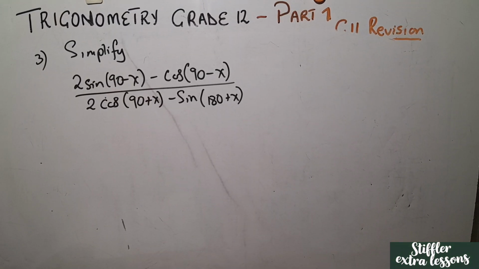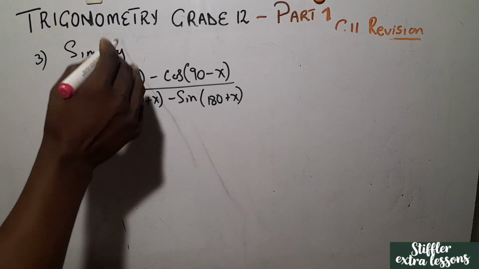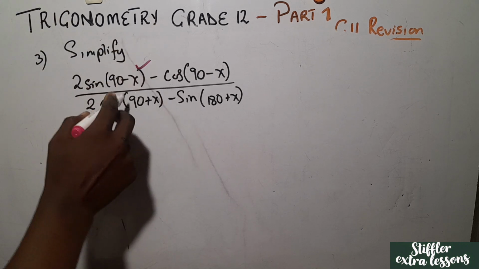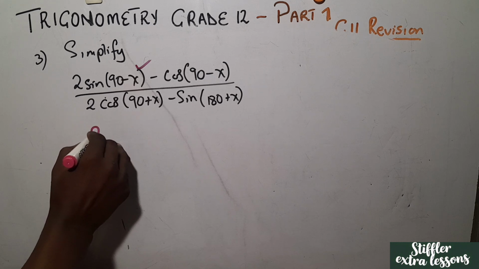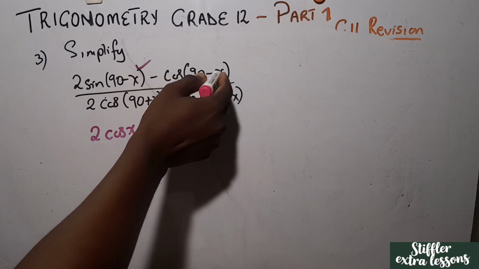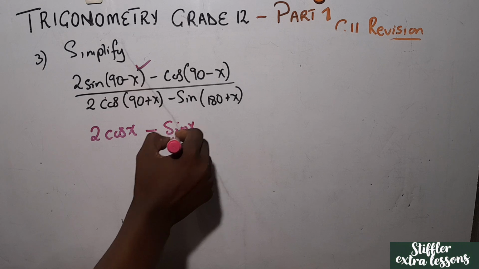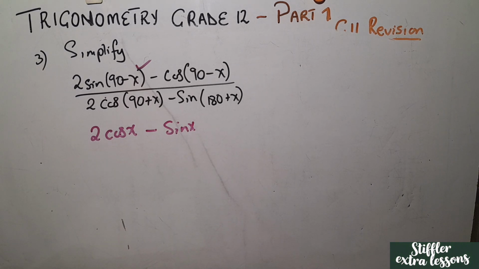So how do we solve the third type of trig question? This one we use the reduction, we use the identities to solve this, right? And also knowing your angles, where they are positive, where they are negative, right? So let's start with this. So it is saying 2 sine (90 minus). So already we talked about this, 90 minus changes to be cos. So this is 2 cos of x. And this one is also saying 90 minus, so it will also change into sine of x, like that, right? If I've copied this correctly, yes,